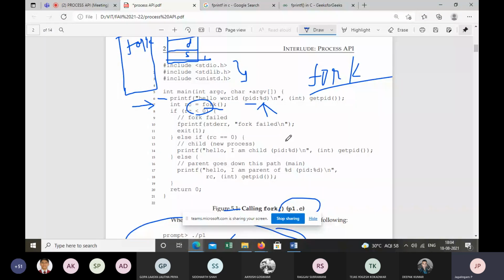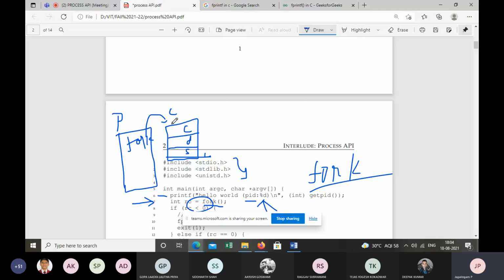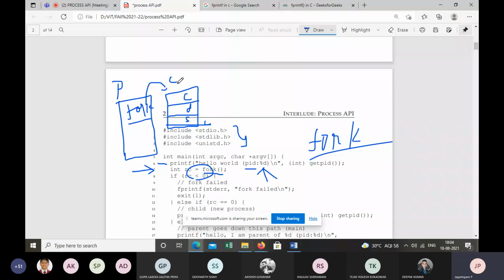Now we have used fork, and the child is created. After the child completes the execution, we no longer need the child to stay in the system, because we need to free the memory. So in order to avoid that, we want to clean the child process completely, that is, the memory image is to be cleaned. The parent will take care of that and clean the child, so whatever memory was allocated can be used for other processes. When the parent completes the execution, the parent will be cleaned completely by the init process.